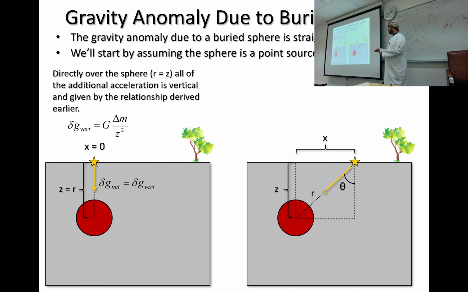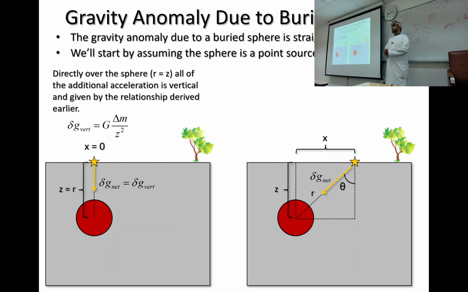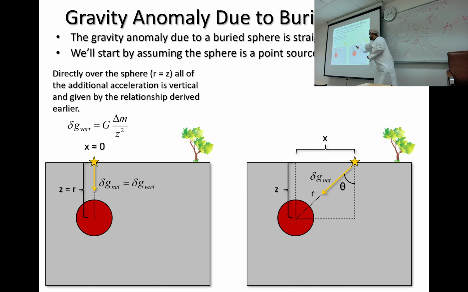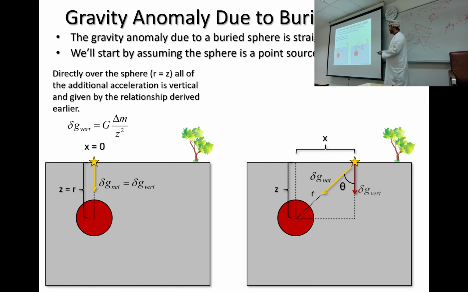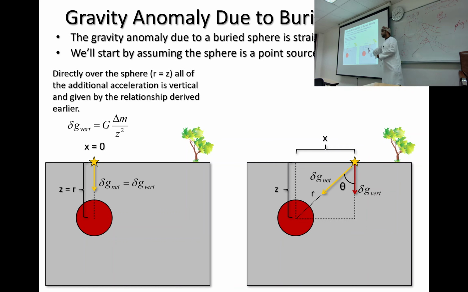Can I get the vertical from the net using what you see in the geometry? How is that? Cosine theta. That's true. Perfect. Yes. Cosine theta multiplied by this value gives you the vertical one. So multiplying cosine theta by this net will give you